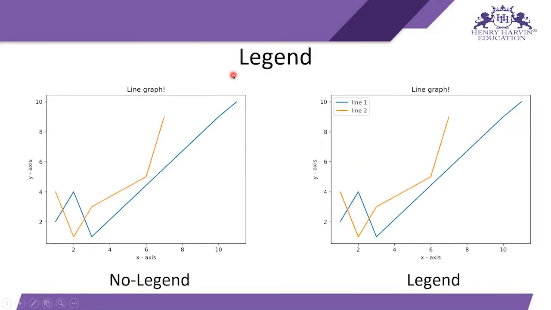First is legend. When you make a graph and you don't specify anything, as you can see, you don't know what this graph is, and by just seeing the line graph you can say that this is a line graph, but you don't know which data is represented by this line and which data by that line. By legend, you specify the lines. This blue line is line one, which is specifying the line one data, and this orange line is the line two data, which is specifying the data of the second part.